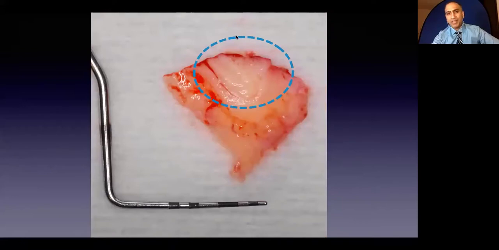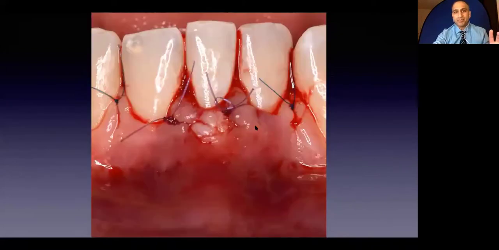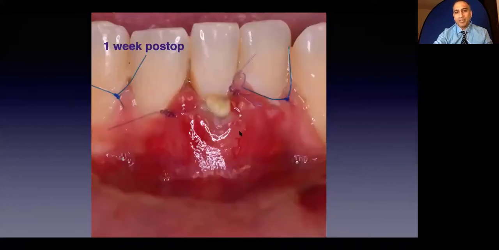And you can see here that I've circled where that epithelialized island is, which is going to sit against the exposed root surface. We then place that graft carefully, and you can see this epithelialized island here. We secure the graft and the tunnel with 5-0 monocryl sutures. Sling sutures are sufficient. And then at 1 week postoperative, it's interesting because you can see nice redness here underneath